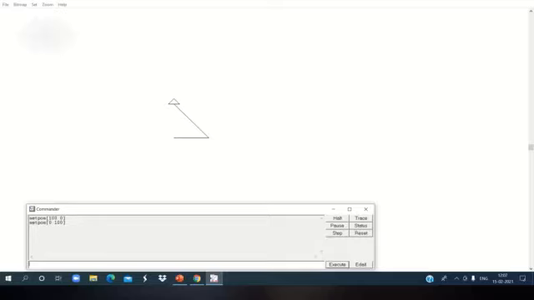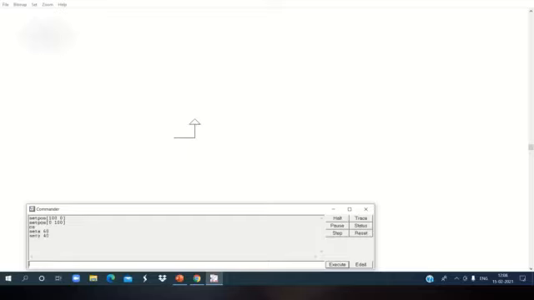Next command is setx. Do you know the use of the setx command? Yes. By using the setx command, you can move the turtle horizontally. Only horizontally. Okay. Now I am going to clean the screen. CS for clear the screen. Then setx 60. That means the turtle has to move 60 points horizontally. Clear. If I give sety 40, what's the meaning of it? Yes, the turtle has to move 40 points vertically.